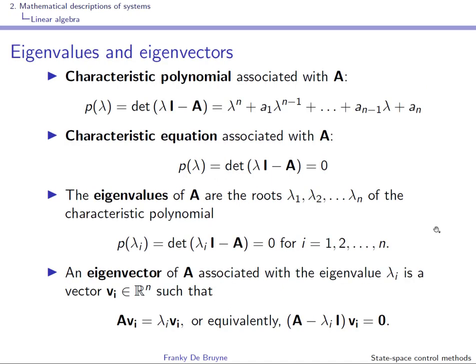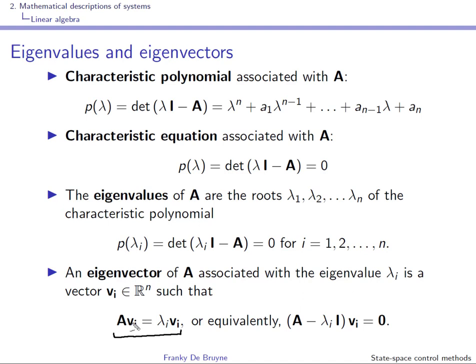So here's a summary of things that we've seen in the course Linear Algebra in Applications. How to compute eigenvalues and eigenvectors. Remember that an eigenvector is a vector such that its image by A lies in the same direction, or is parallel. It's the same direction if lambda i is positive, and opposite direction if lambda i is negative. But anyway, the image of vi is